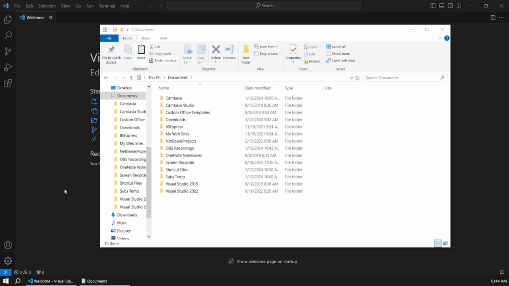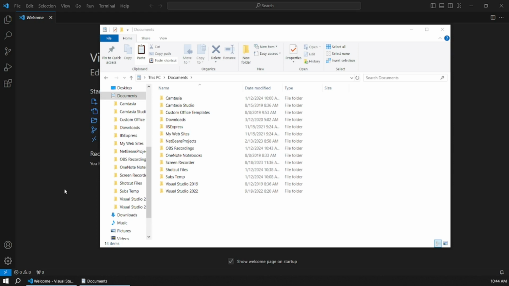The first thing we need to create is a course folder. And where you create that doesn't really matter. I'm in the Documents folder on my Windows PC here. But you can save it wherever you want, as long as you are able to find it later, because you'll need to find it in Visual Studio Code, and then you'll need to find those files when you